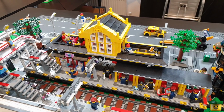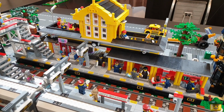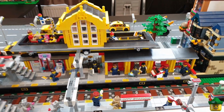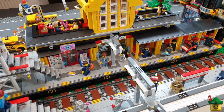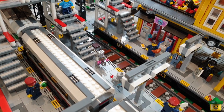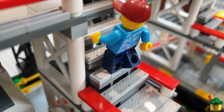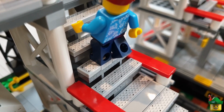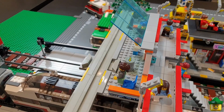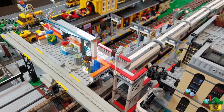Our wonderful main station. I think that's got to be the best thing we've done in the last 25 videos. It took about 4 or 5 to complete, but it's just got so much detail. It's modularized in the fact you can lift off each of the floors and look at the insides. And I just love the fact that we've got the 2 train lines linked by these stairs that have got tread plates on, including that one I cut the stickers on, in my recent guide. So we've got a man actually standing on a tread plate tile there, which links with our wonderful monorail tram system. And I just think that connection and my massive line of taxis